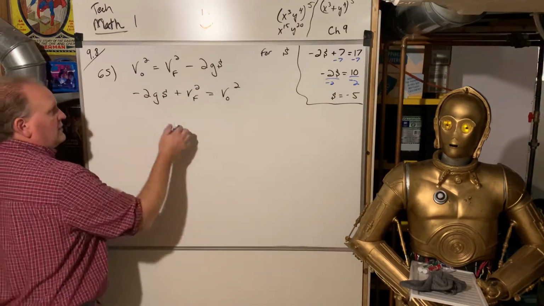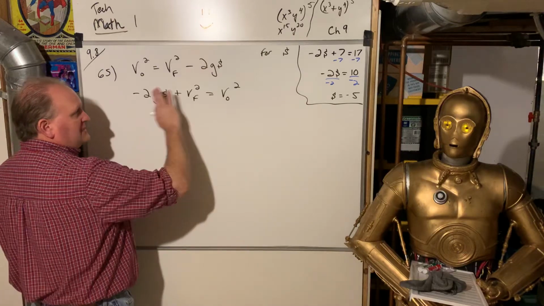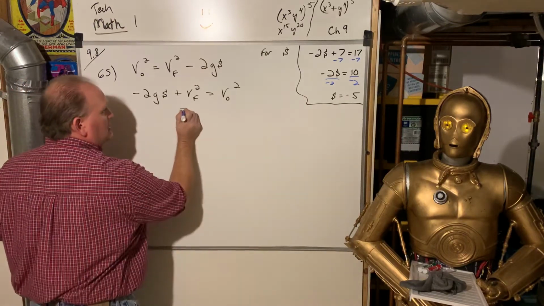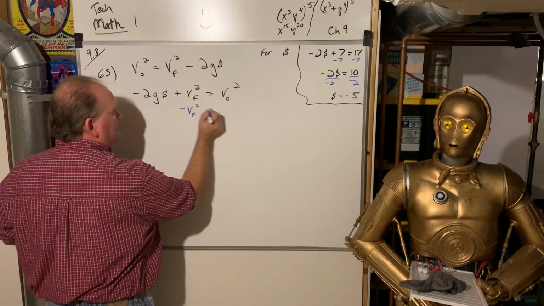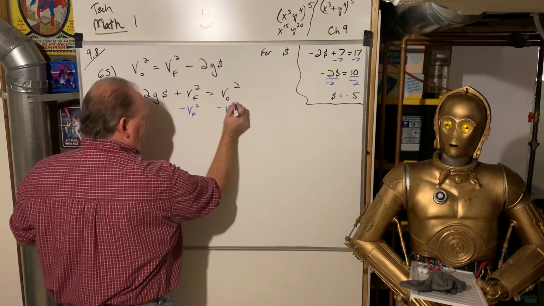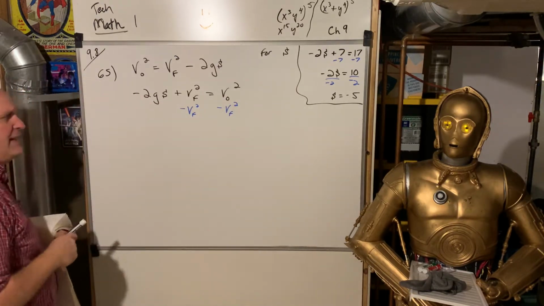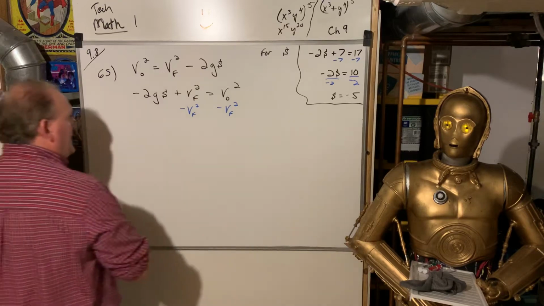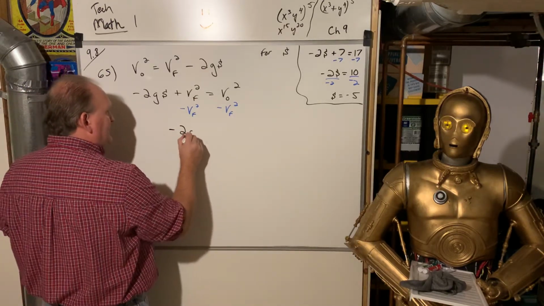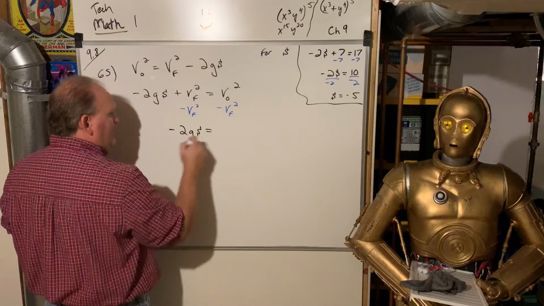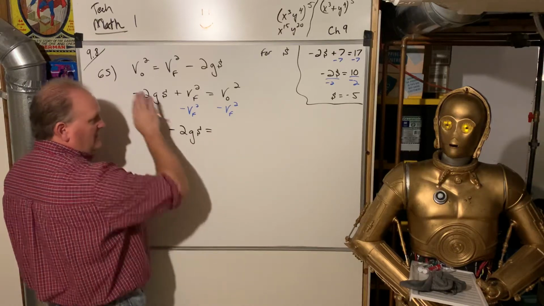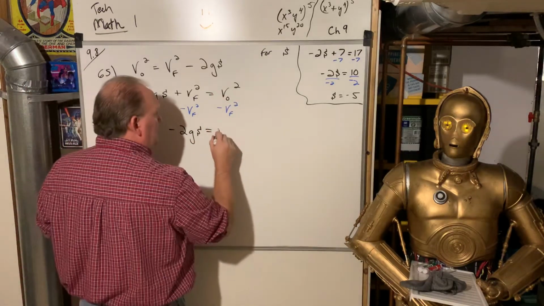What am I going to do first? This is the one that I'm after. All the rest of these I'm treating like those numbers. So I'd subtract v sub f squared from both sides. What did that do for me? Well, it isolated the s. I've got negative 2gs all by itself now on the left side of the equation. On the right side of the equation,